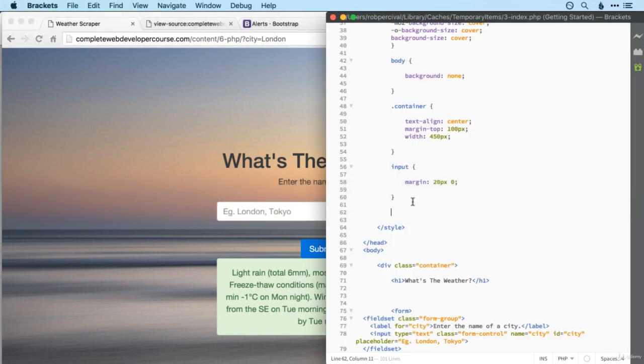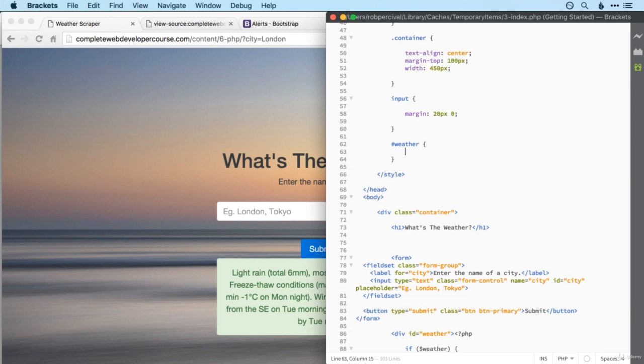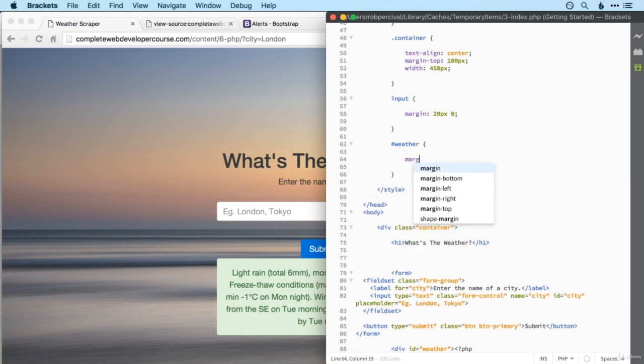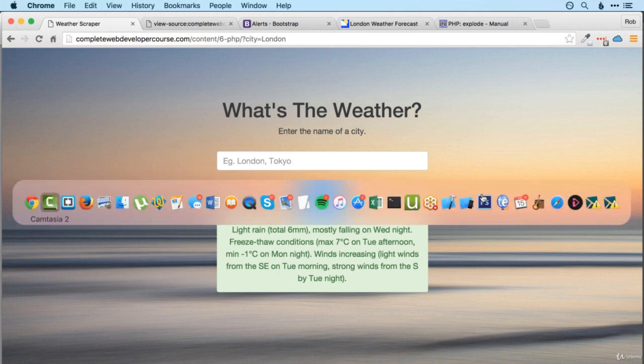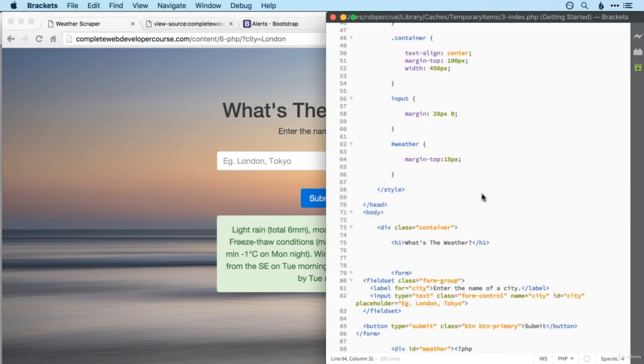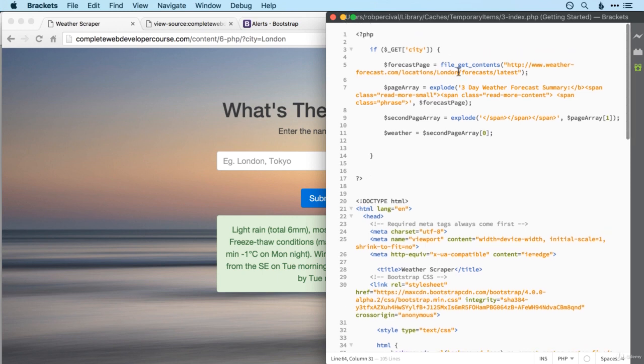So let's style our weather alert. Just checking, yep, I called it weather. Give it a margin top of 15 pixels. Great. So that looks good. Let's see if we can change our code to work with any city name. So first off, let's try just replacing London